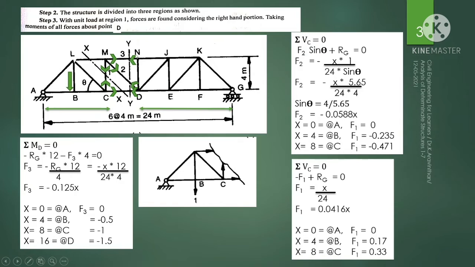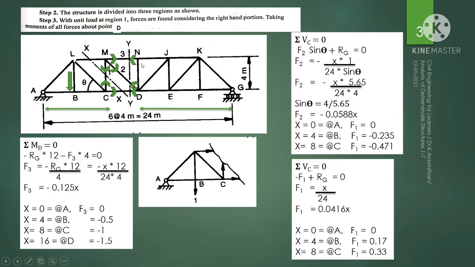So you have to note that all the joints, that is joint N, in this joint it is being tensioned. All the joints have to be assumed as tension, hence joint M is assumed as tensioned. There are 3 members in this plane and all the members are assumed as tension, and at joint C the member is assumed as tension, and at joint D similarly.